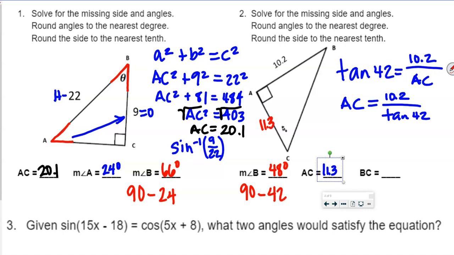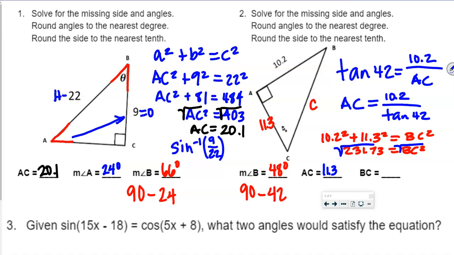So now, can't we use a squared plus b squared equals c squared and know that that's the side C because it's our hypotenuse, right? So we're going to do 10.2 squared plus 11.3 squared, and that's going to be equal to our BC squared, right? So when you put that in your calculator, we get 231.73 equals our BC squared. And again, we got to take the square root of both sides, don't we? To get the answer. So when we put that in our calculator, it's